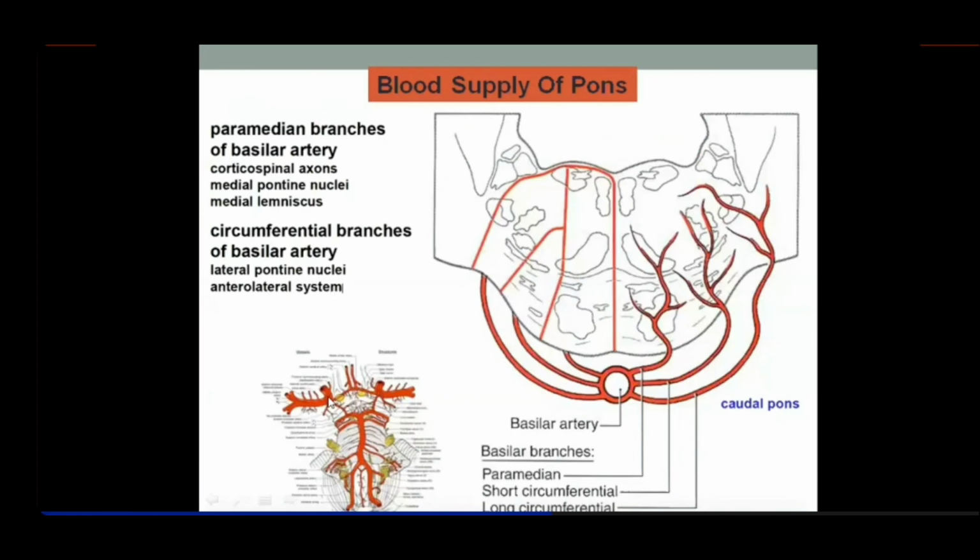Lastly is about the blood supply of the pons. So again, for blood supply, keep remembering the past lectures. Spinal cord